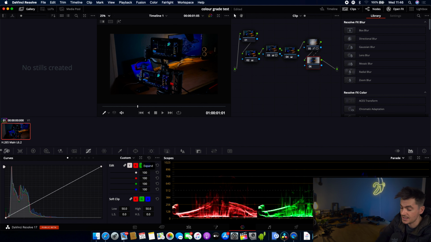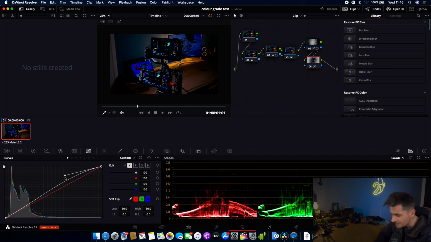what I tend to do in my curves, again, is unlink these, so I'm only affecting the brightness and the darkness. I'm not affecting the red, the green, and the blue channels. I'll go down to editable splines, hit on my highlights there, and I'll just bump that up a bit. You see it just bumps the highlights up a tad. I could go right up, right down, right up. You see, that's just affecting that area there. So I just want to get that